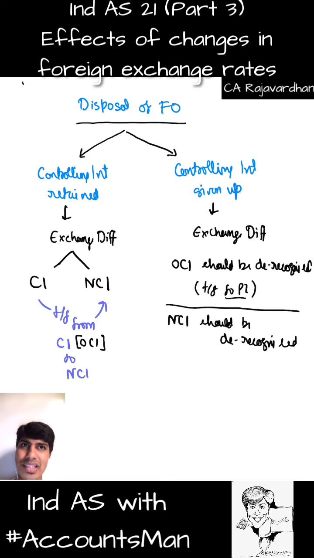But what if I am an Indian company with Indian functional currency that is listed on, say, the London Stock Exchange? Then what should I do? I am supposed to prepare my financial statements to be given to the London Stock Exchange. I cannot give it in rupees, isn't it? So I would have to prepare it in terms of the foreign currency of England as a country. So what should I be doing? I should follow presentation currency.